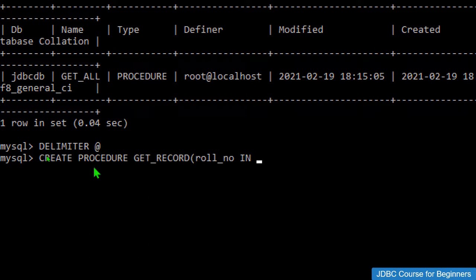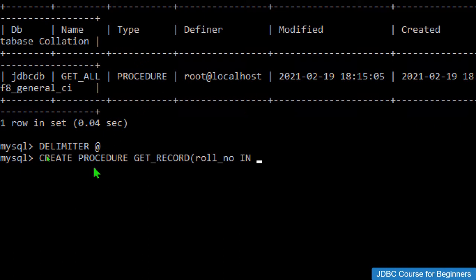We have these kinds of keywords which are specific to the stored procedure, but this session is not specific to the stored procedure, so I'm not going to explain those keywords, but definitely I'll tell you some hints. Whenever we want to give some data to the stored procedure, we use the in keyword.